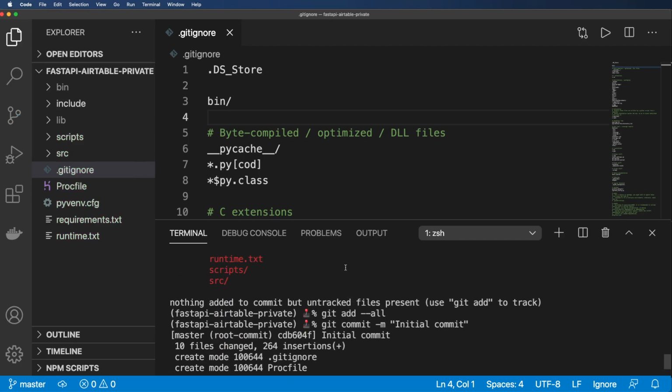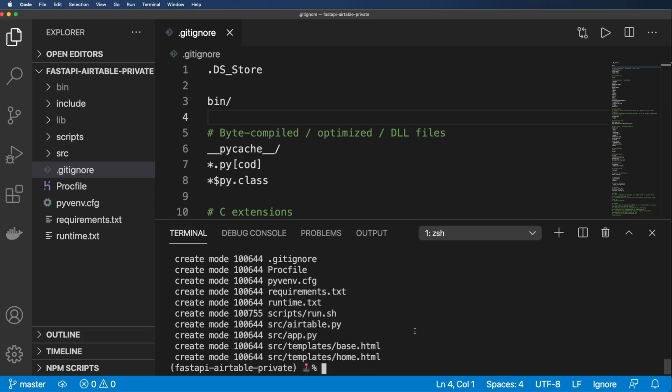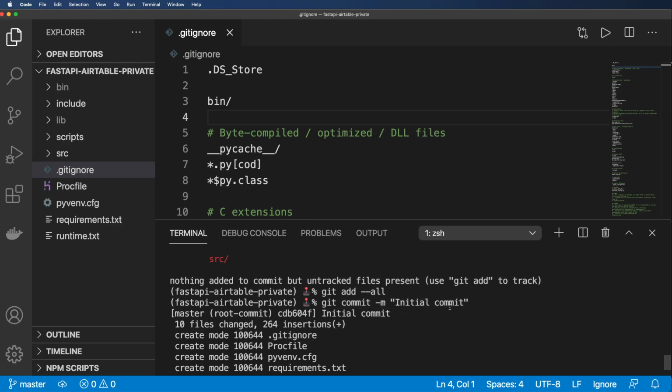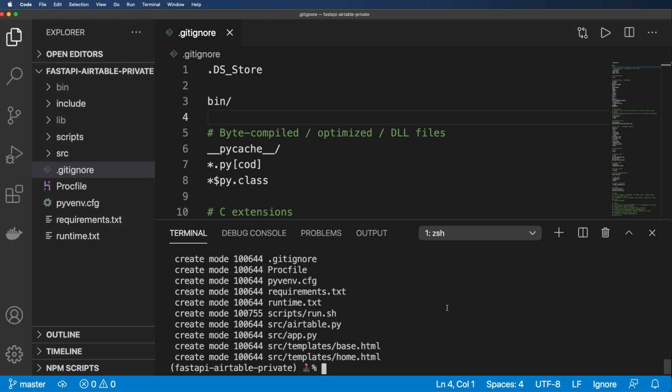So what did I do here? Git add --all means that it's ready to be tracked by GitHub. We made some changes to our files. Now it's ready to go into GitHub. Git commit -m means actually store these into GitHub and make a message called initial commit. Don't worry, we'll do this a couple times. So even if it's a little unclear right now, that is actually how we can store our first actual Git